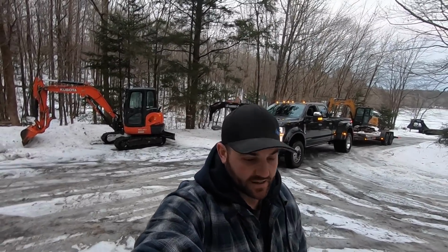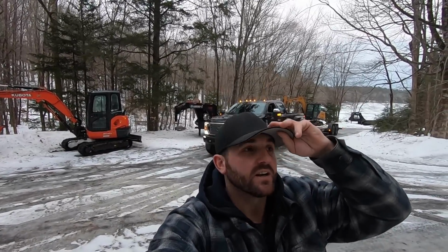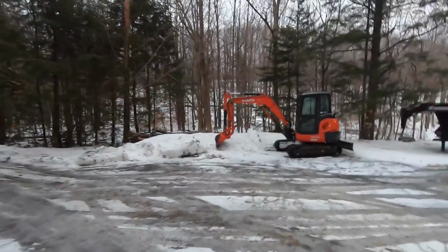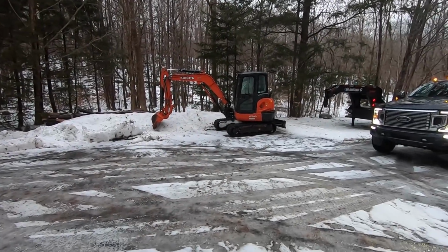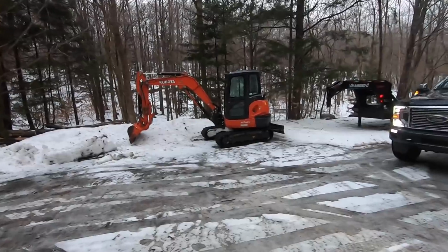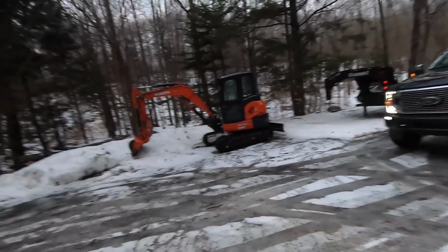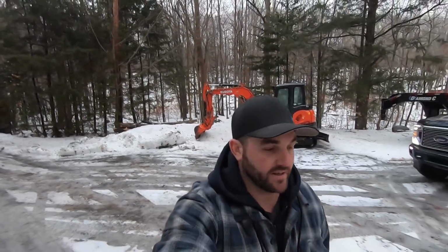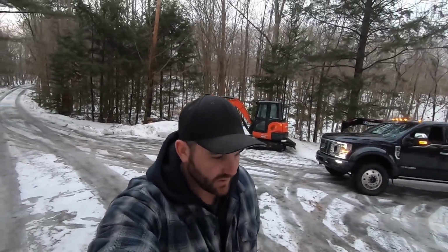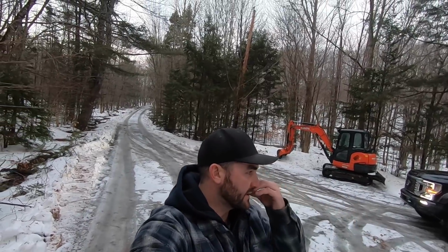Then we got a site up in Cobquid, which we did plow on Friday of last week with the truck and the 4-ton. John and Shane took the 4-ton and got the site cleared out, and then according to the rigging company, they got quite a bit of snow again up there at that site. So I'm not gonna risk just setting the truck up, I don't think. Once I get him out, or if a tow truck gets him out, and then I clear up the other site,